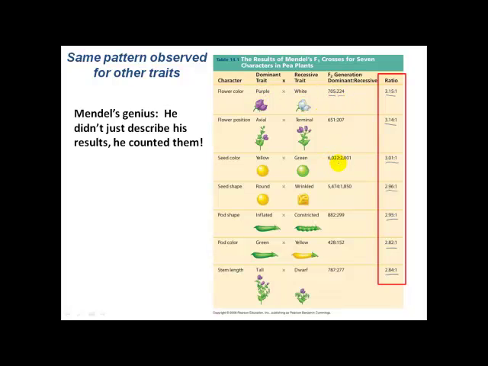Come down here to the seeds experiments, and we can see he's counting, you must imagine by candlelight, yellow seeds versus green seeds, 6,000 yellow seeds versus 2,000 green seeds. So this was a lot of work that he did over a decade, and he was able to work out the basic rules of heredity because of his mathematical analysis of the results that he obtained. So this is the classic 3-to-1 ratio that we observe in the F2 generation, starting with 2 true breeding parental strains.